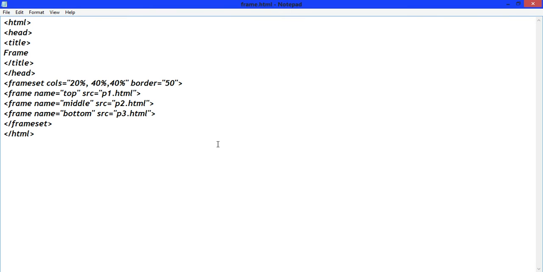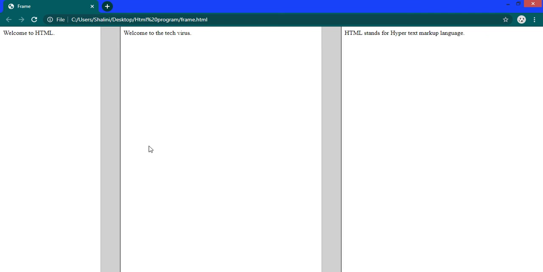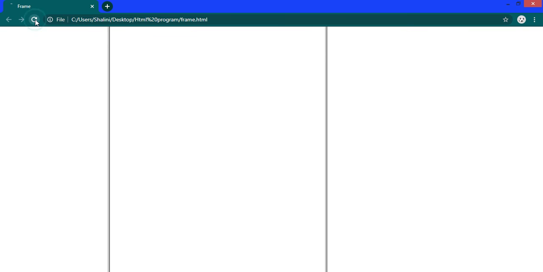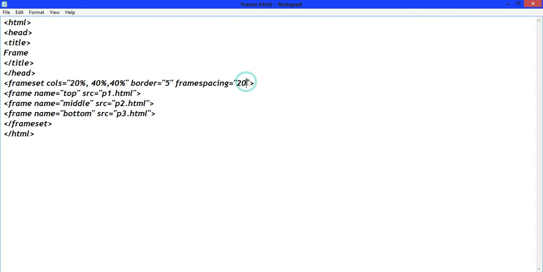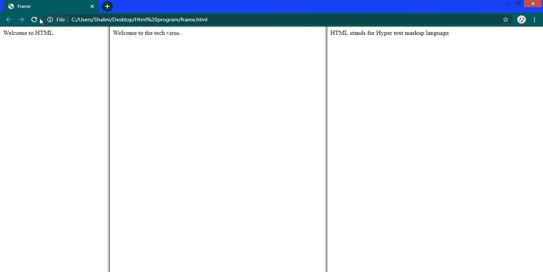Okay. Right here, framespacing equals to 20. Save it and run it. Again, do it 40. Save it and run it.